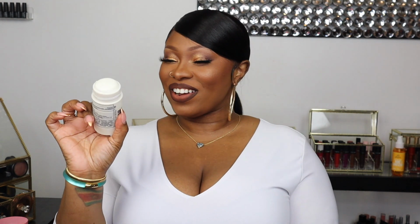Y'all gotta try this deodorant. It is so awesome. Now what I don't like is that before the pandemic this was $24. Now it's $30. During the pandemic you couldn't find this anywhere, okay? You could find like the minis on Amazon, but they were selling that for like $48. So when she came back with the deodorant that all of us was looking for,